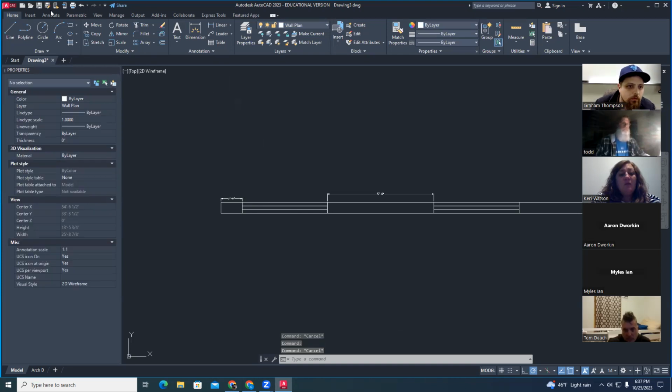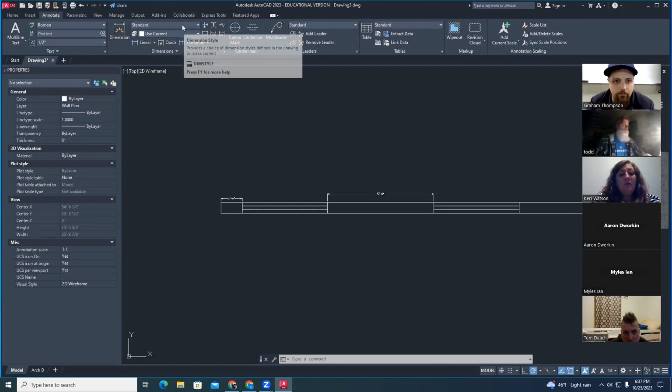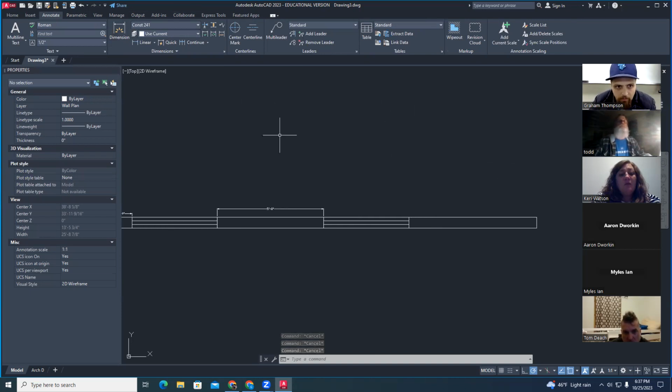So if I go to my annotate tab and I go to dimension, what I want to do is change this one right here where it says standard to construction 241. I can hit escape as many times as I want. I'm out of the command. I'm not dimensioning anything. But since I set this to construction 241, now when I create a brand new dimension,